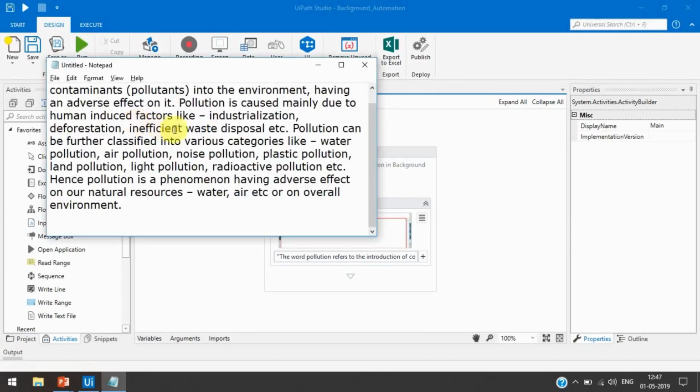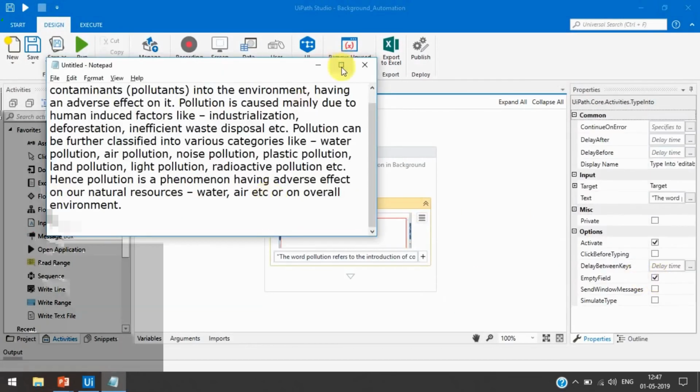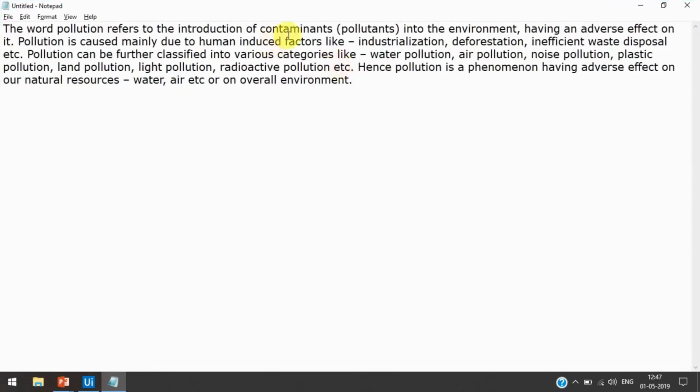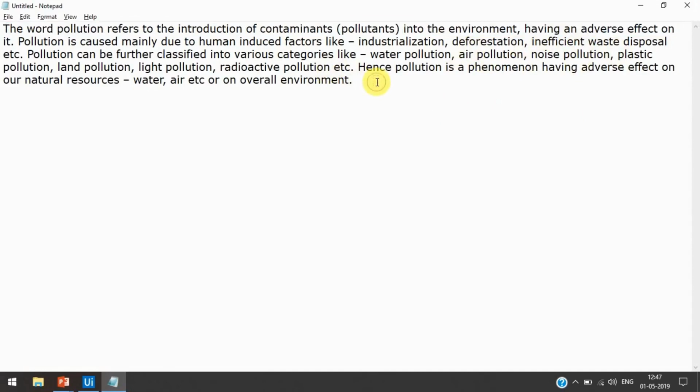Before running this automation, I want to say one thing: if we select this empty field option from the property side, then we will be able to clear only the first line. If we have data in only this line, then it will clear because it considers it as only one field. If we have data in the next line, then it will not be able to remove that data, right?